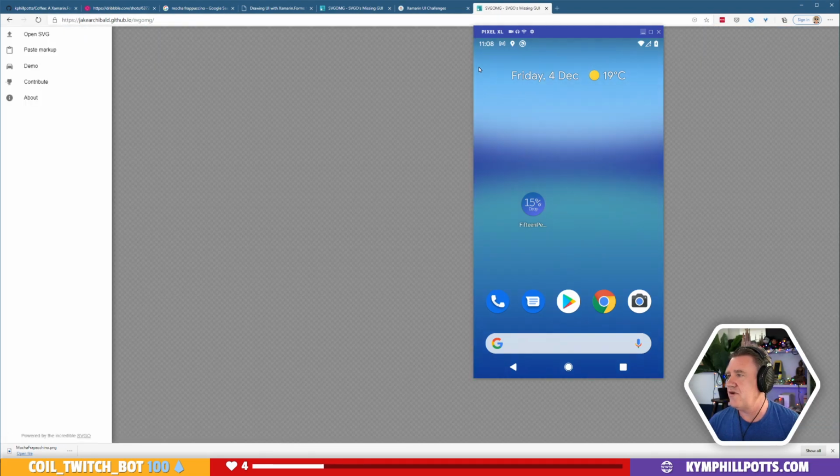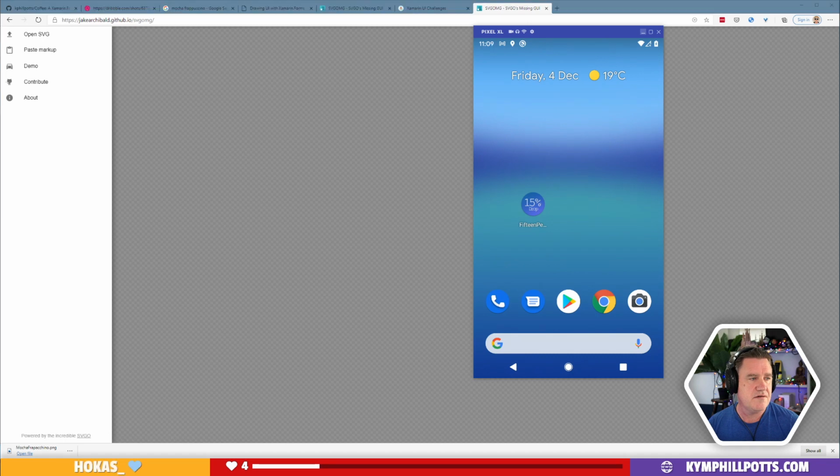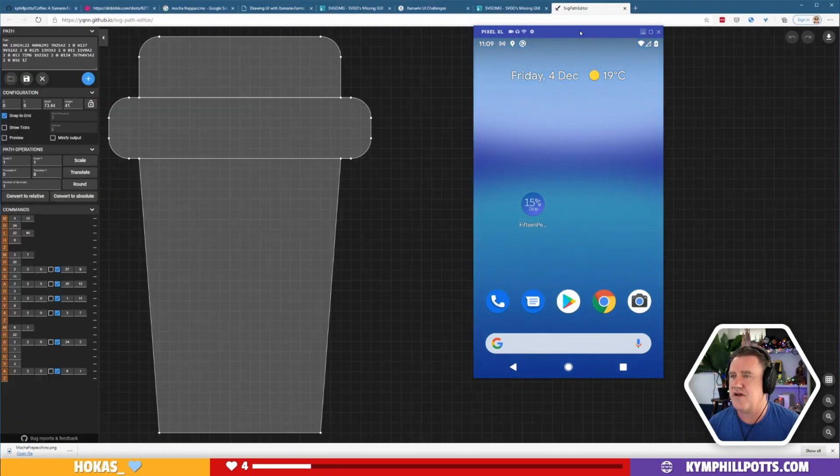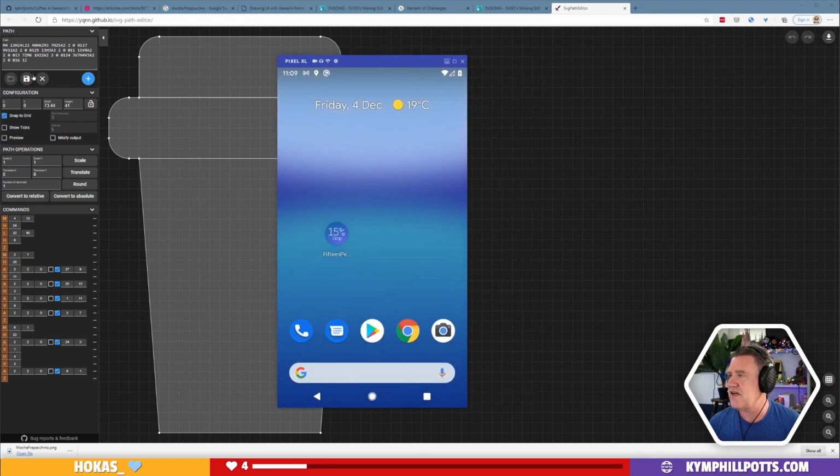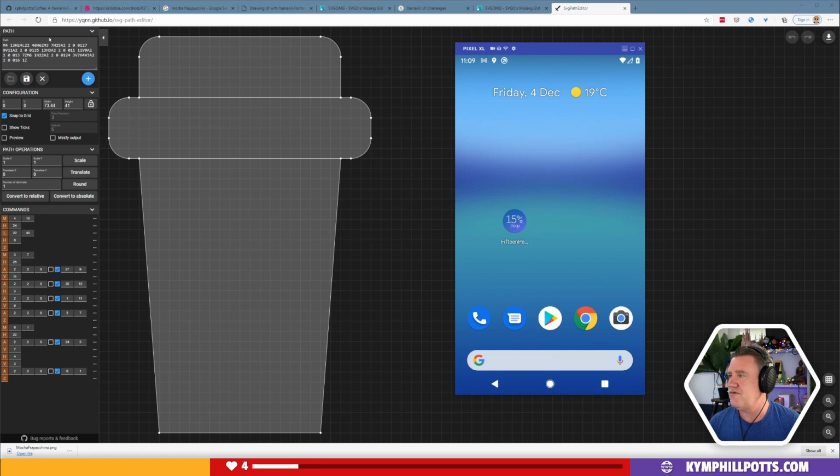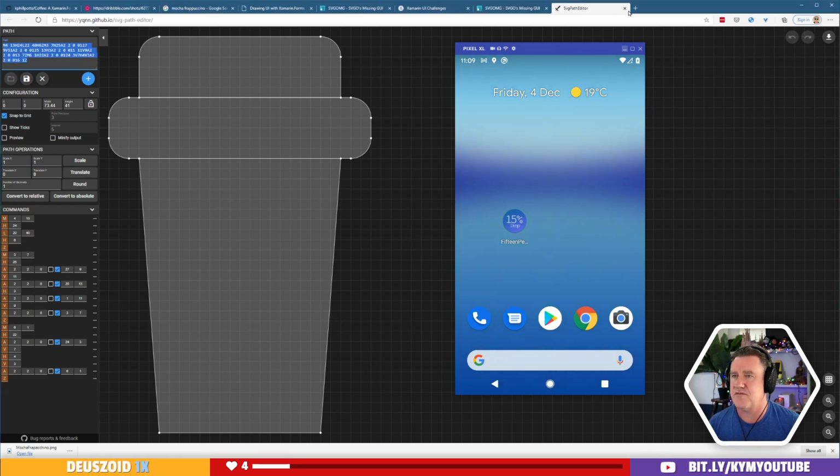If you need to deal with, no, not that one. The path editor. There we are. This one here, which will take your paths, grab it from the clipboard, take that path, and put it into here, which is pretty cool.